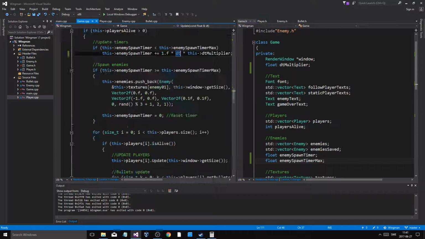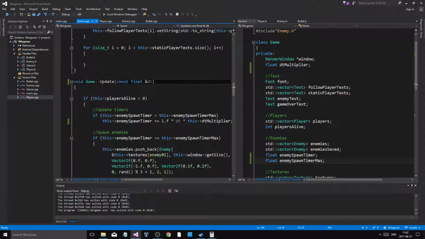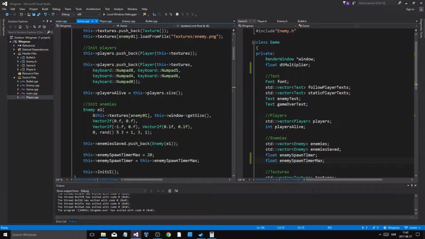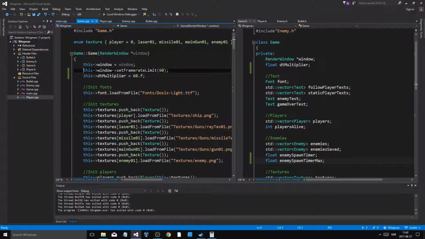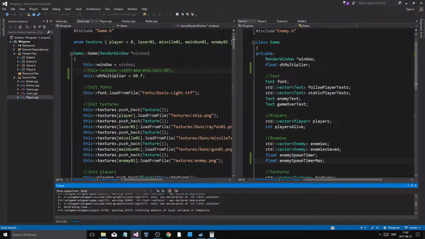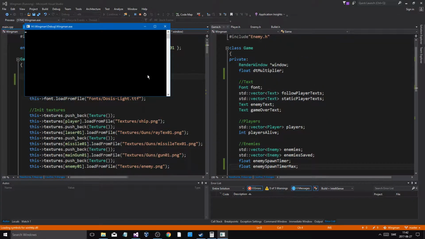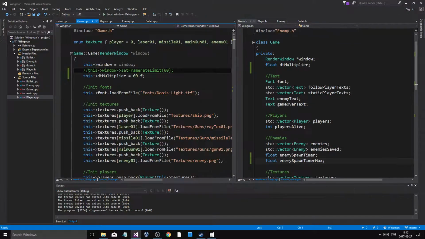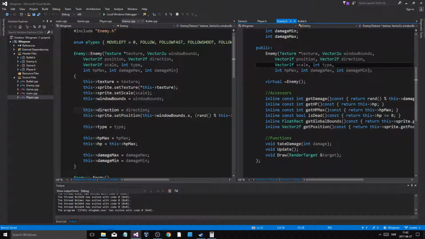Now where's movement? Let me see, player.update. So now we're gonna change. Now we're gonna see how fast they spawn, no matter what FPS it is. So at 60 they spawn kind of slow. Now they should be spawning kind of slow still, just that they're still going fast. They're spawning at the same rate, just that they're moving really fast. So let me start off by making enemy update. Const float